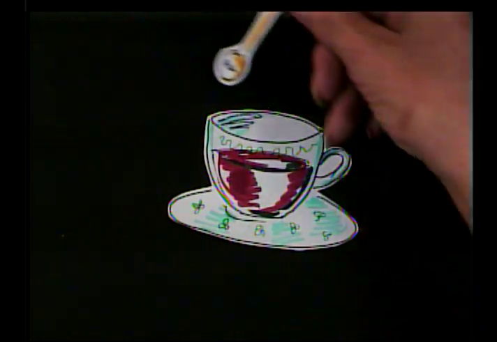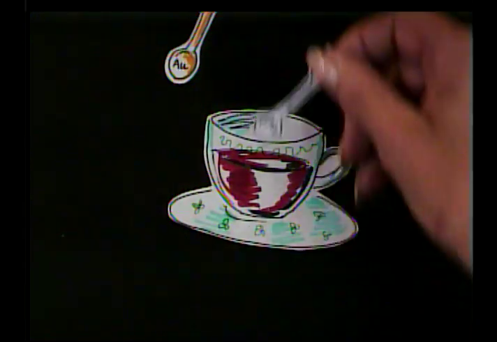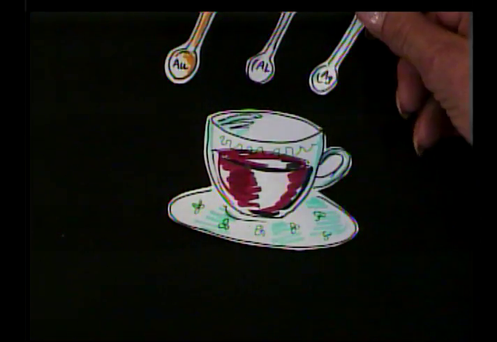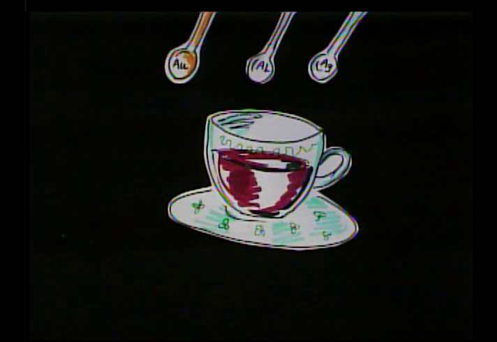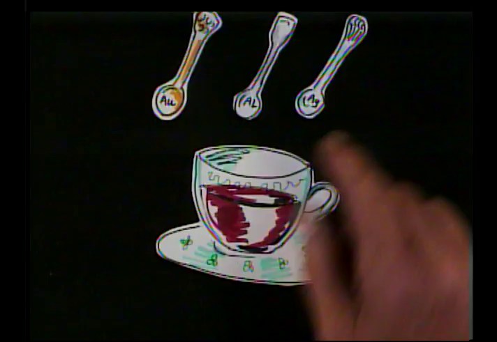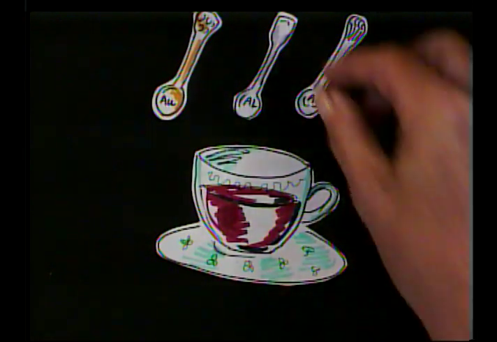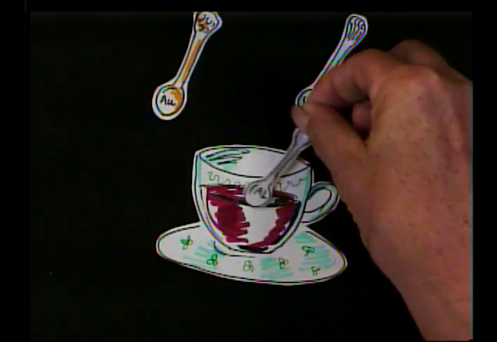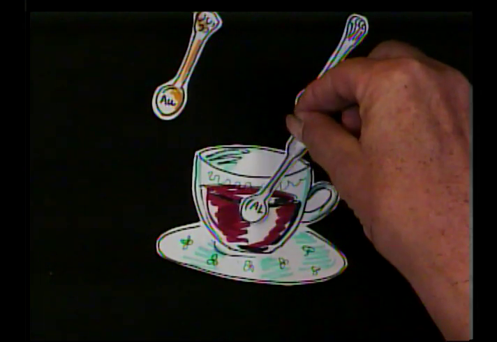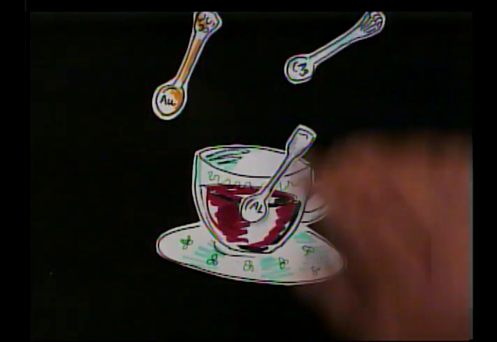So what spoon would I use to stir the sugar in my coffee if I prefer sugar? Would I use a gold spoon, an aluminum spoon, or a silver spoon? Now, aluminum has a high heat capacity. We remembered. So if I put that in here and stir my coffee or tea, whatever you have asked for,